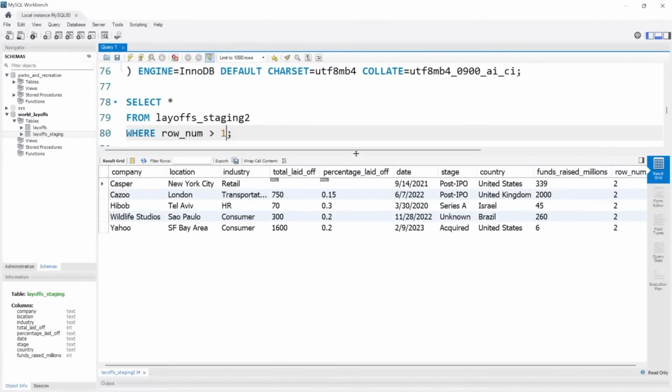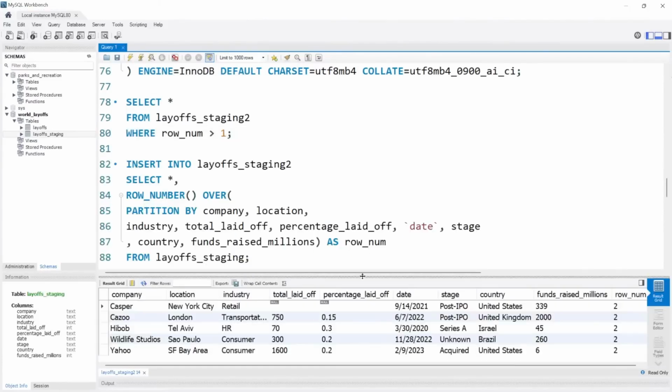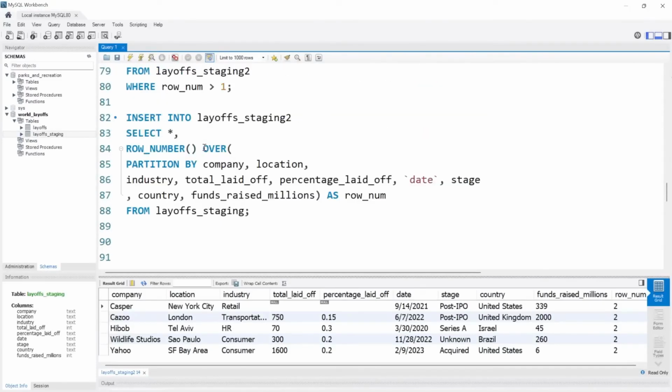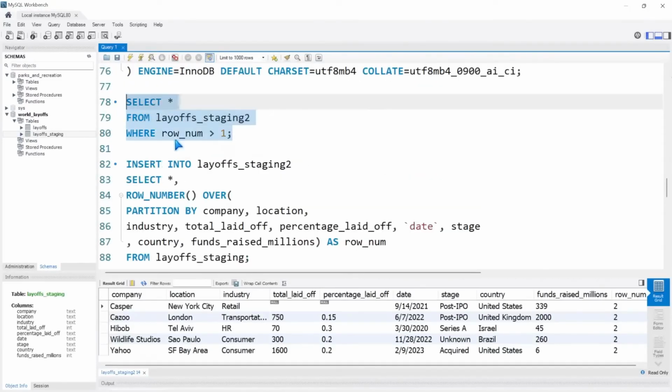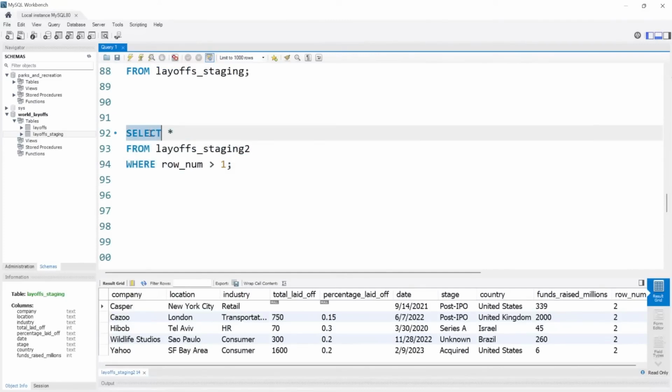Now we're going to delete these. All we have to do is come right back down. Copy this, come right back down here, and we're just going to say delete from. We just did a select statement. I always recommend doing that to identify what you're deleting. Then you change it to delete. And now if we run this,